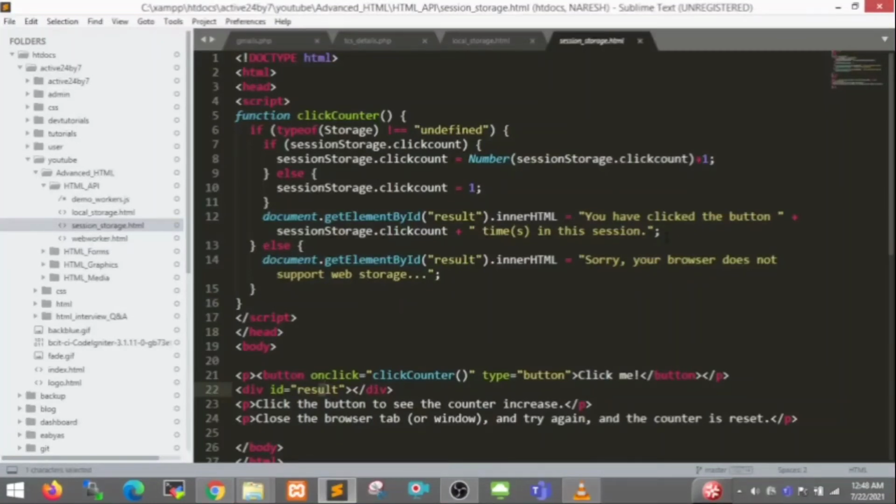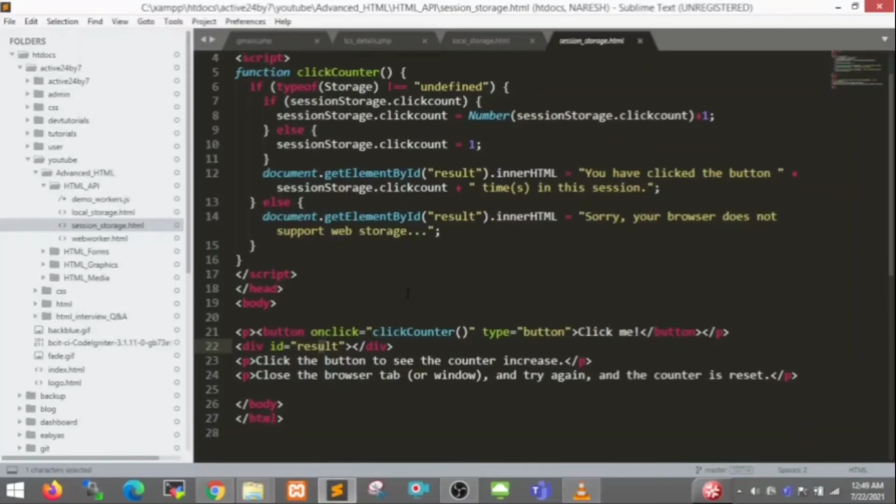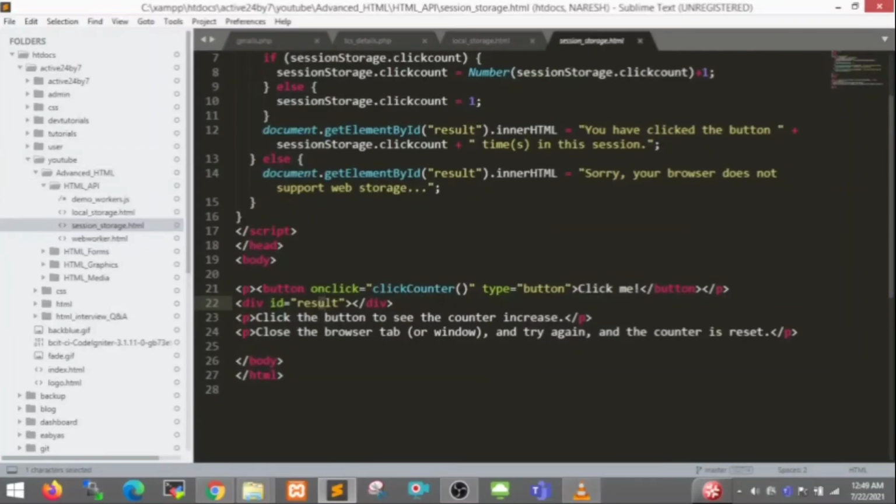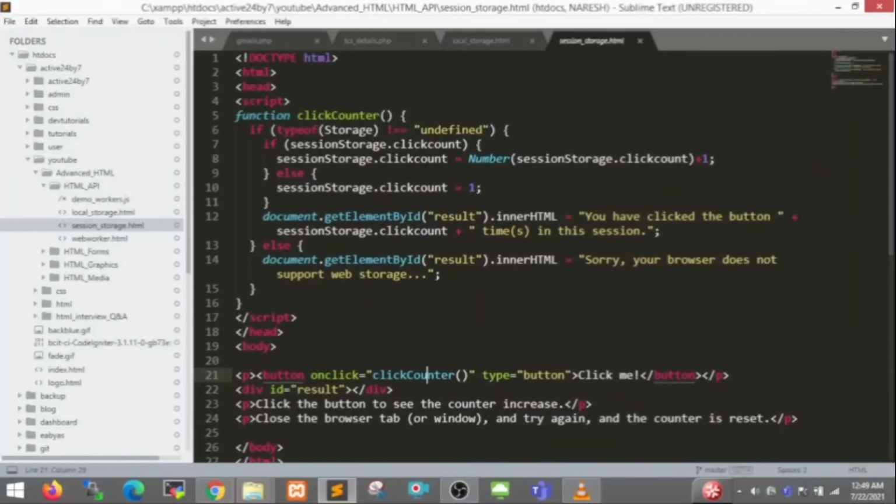You have clicked the button, sessionStorage.clickcount time(s) in the session, and in the else part document.getElementById result innerHTML: Sorry, your browser does not support web storage. And when I click on the button, my function called clickCounter is called.